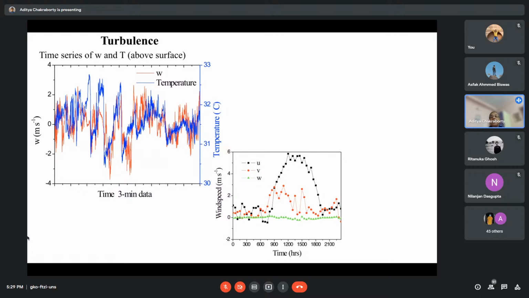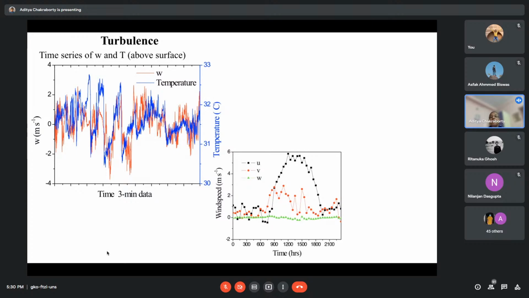Now, in the second figure, what we see is three wind components. One is U, the horizontal component in the X direction, V, the horizontal wind component in the Y direction, and then the vertical wind component is denoted by W. What we see here is that the U component is the highest, and the V component is quite smaller than the U component, and the W component is very, very small with respect to both U and V. And if we take an average, let us say a 30-minute average, the W component is almost constant. The W component, the green line, is almost parallel to the x-axis, so that means it hardly varies.